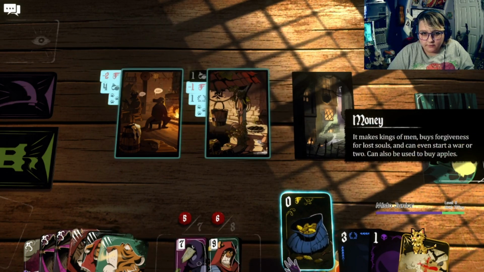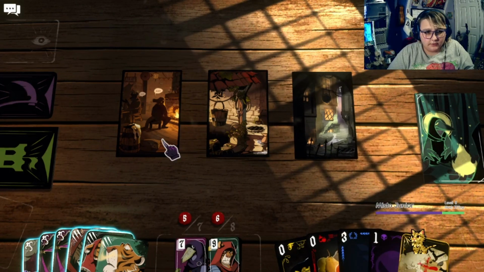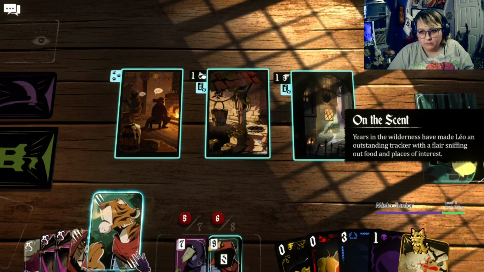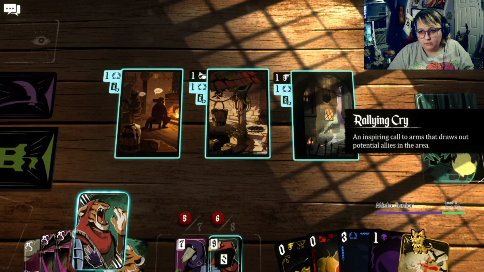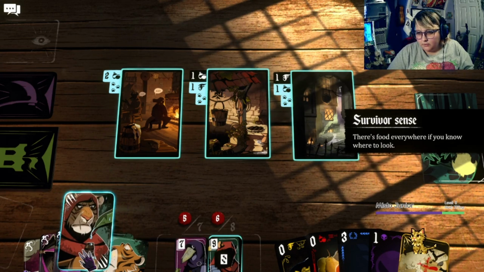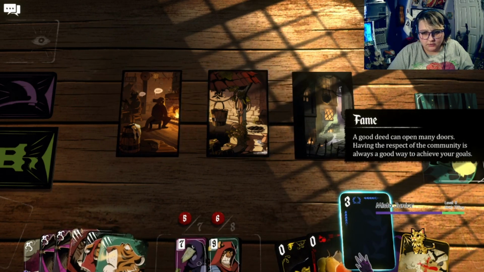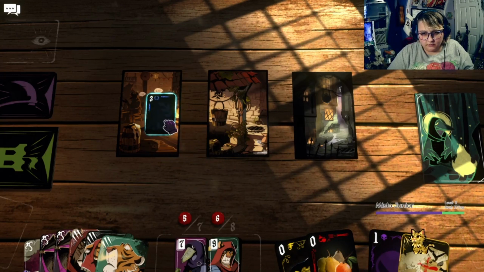I don't have the gold, and I don't have the food, so I can only do... Inspection called arms that draws out potential allies in the area. There's food everywhere if you know where to look. I don't quite understand. A good deed can open many doors. Do I have to do...